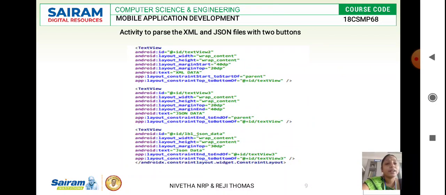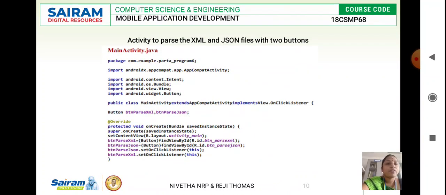You give this for both buttons, the first button and the second button. Next we give each and every specification. So for passing the XML data we give a text view, and for passing the JSON files we give a text view. Since we have considered 3 data, it has been described for the 3 data, the 3 attributes you have chosen. For each and every attribute we have defined it here. For JSON data we have described it separately, and for XML data we have specified it separately.